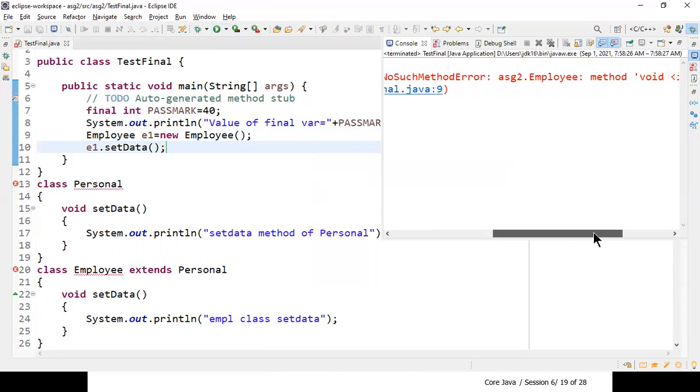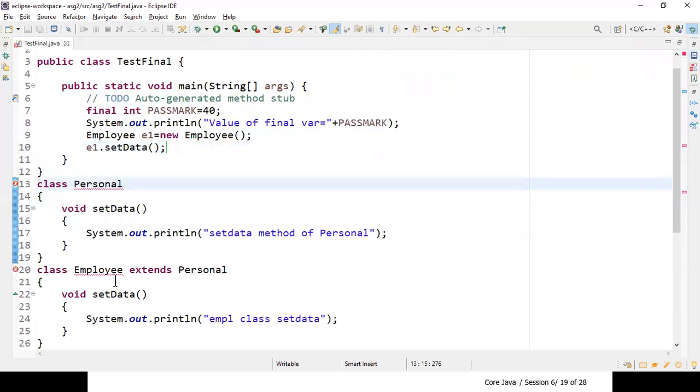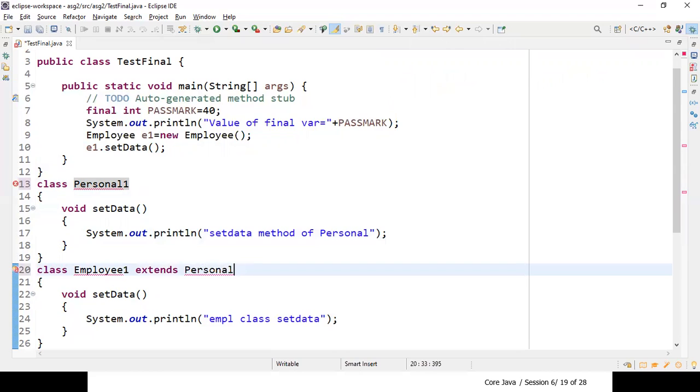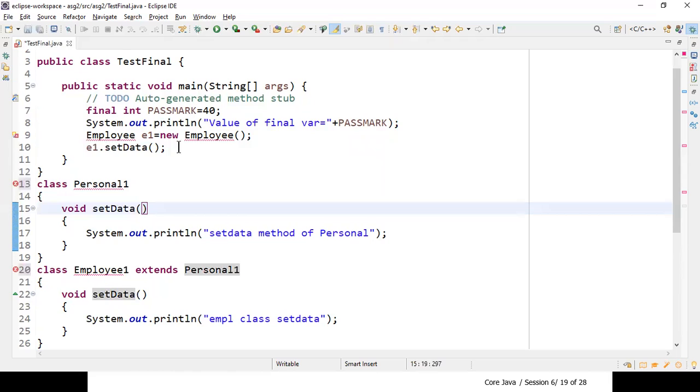You'll see, no such method. Okay, let me change to the Personal one, the setData method, Employee class 1.